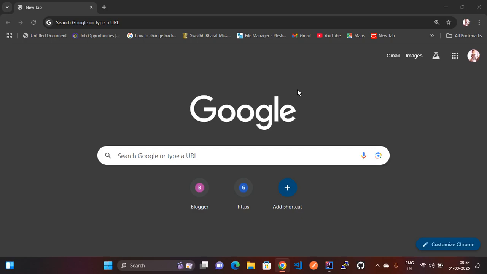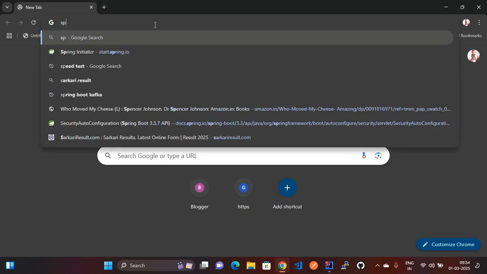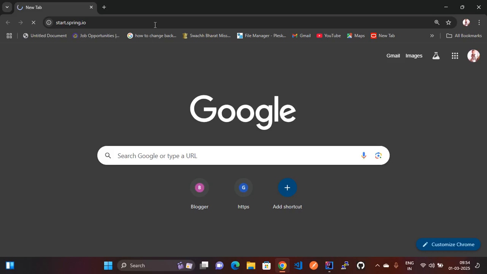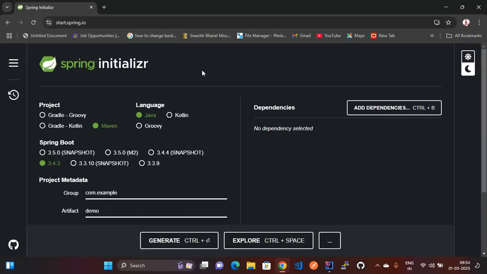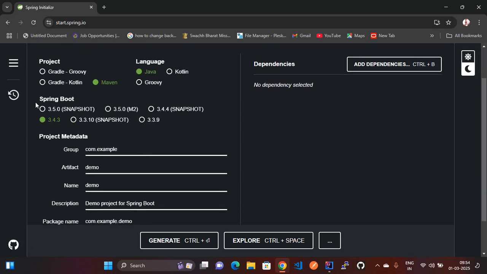So let's go to our Chrome browser for creating a new Spring Boot application. I have already opened the Chrome browser. In the Chrome browser, let's search Spring Initializr. By using Spring Initializr, we will create a new project. Here we select the project as Maven and language as Java, selecting the Spring Boot version 3.5.0 snapshot. Here we are going to define the group as javabeans.consumer